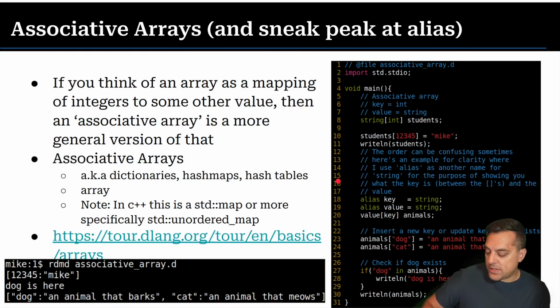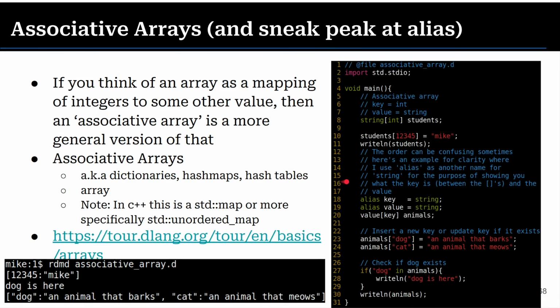As mentioned, there's built-in associative arrays. They work. They're unordered. Again, in Python, you know these as dictionaries. In other languages like Java, you know these as hash maps or hash tables. But the basic idea is your key you specify within the brackets here. And then the value is, well, whatever the type is here. String. So key is an integer, and the string is the value.